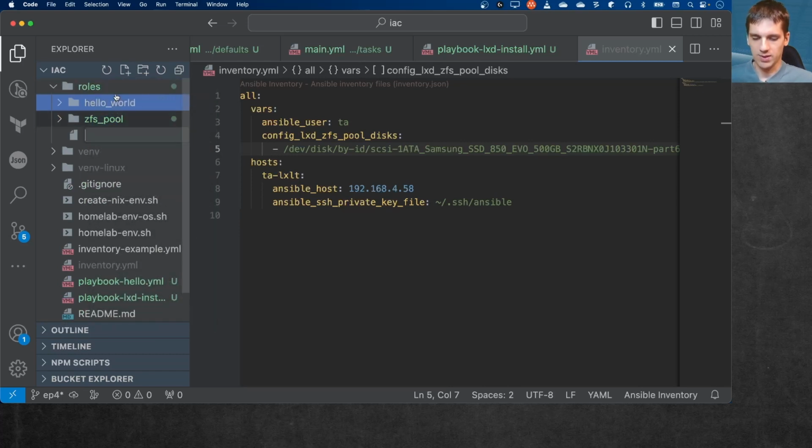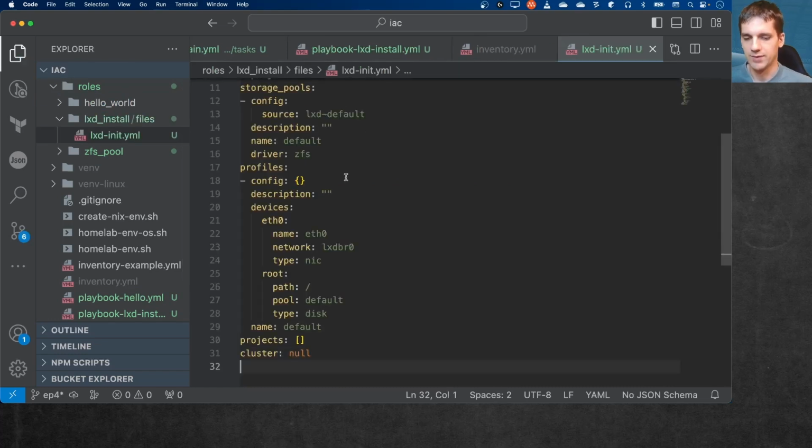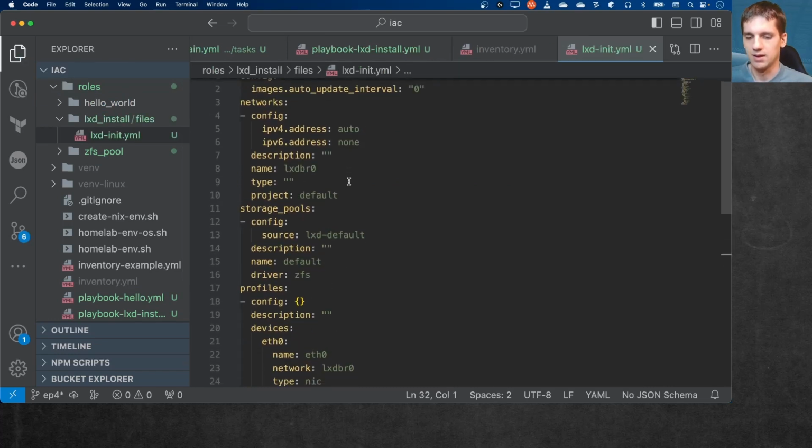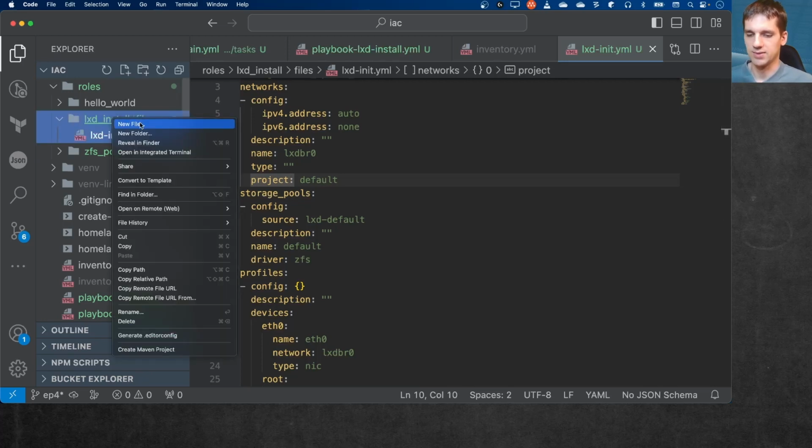And the new role is LXD install. We will have a new folder called files and LXD init YAML. This is just a static file without any template, and later we can also customize this and, for example, use a variable to set the name of the ZFS pool. For now, we will leave it this way, and we'll create our Ansible tasks